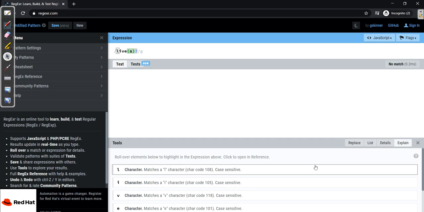Let's take a sample card number. It can be 4587 dash 567 dash 1267 dash 8763. A card number is always 16 digits and they are divided into 4 parts.